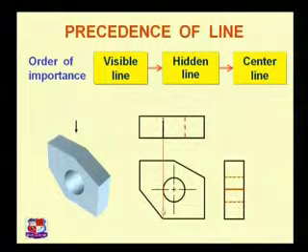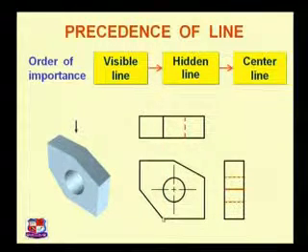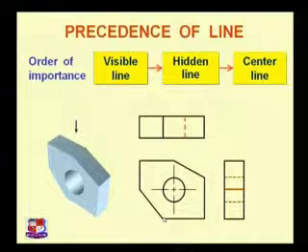think about this corner. This corner or this edge is also visible as a full line in front view, because this corner and this dotted line coincide with each other. So we should draw the visible line over here instead of the dotted line. Of course, here two lines are there, a visible line and a hidden line, but the priority should be given to the visible line like this.